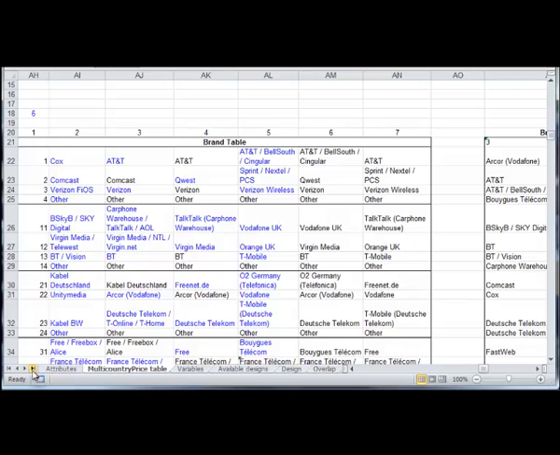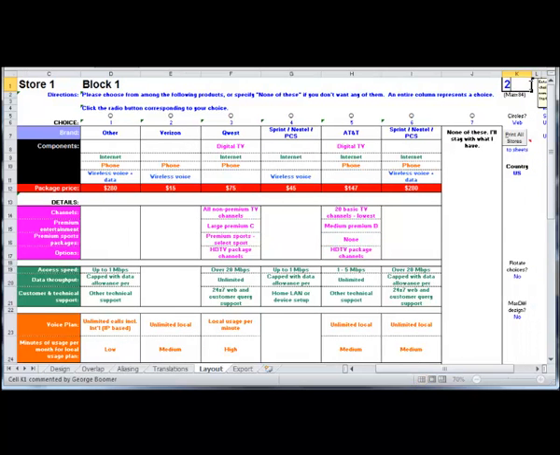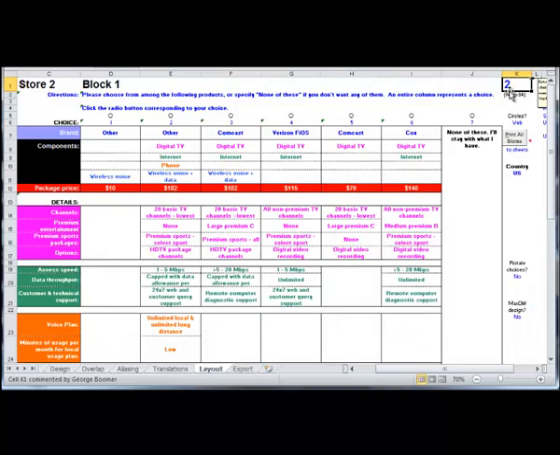Let's now see what the layout looks like. The challenge we faced in constructing the layout sheet was presenting the large number of attributes and levels to subjects without confusing them. We did so by using the color coding scheme we saw on the attribute sheet. Colors for component names match their associated attributes. You can see this as we cycle through stores: store 1, store 2, store 3,